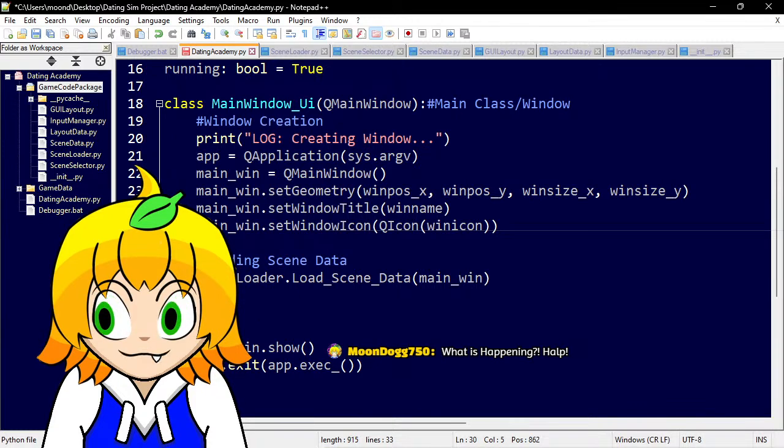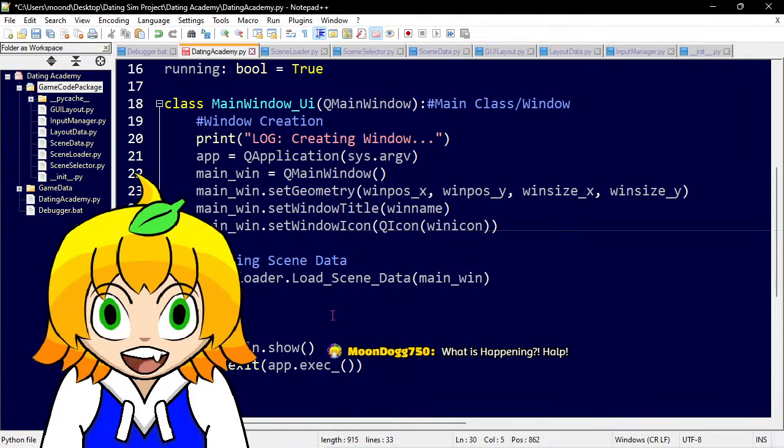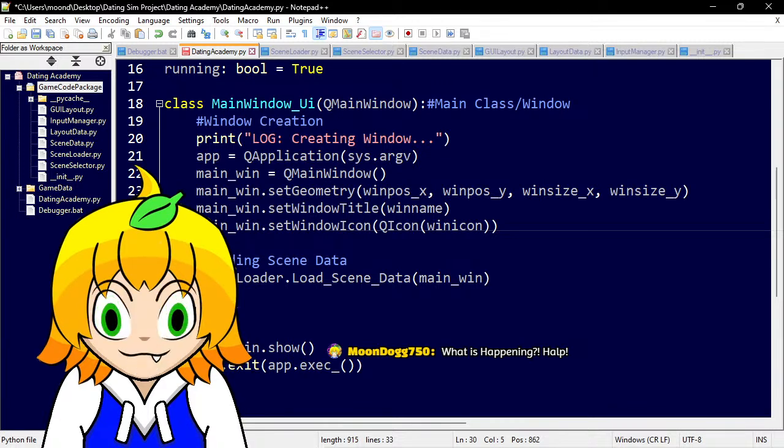I don't understand. While running equals true. While running equals true.